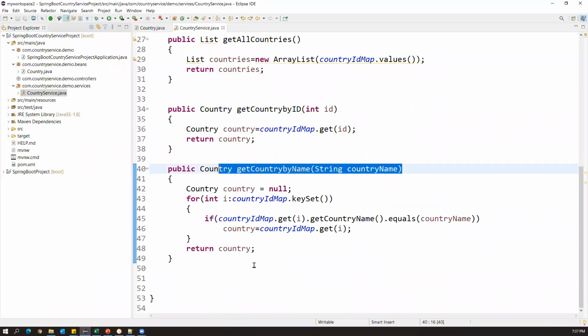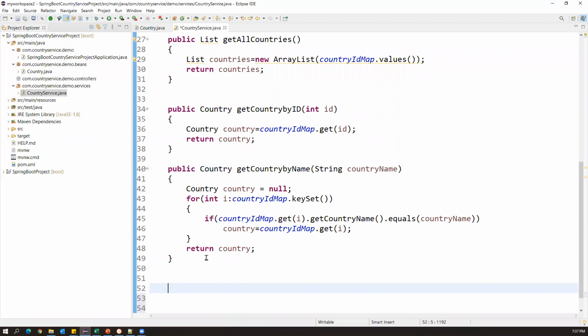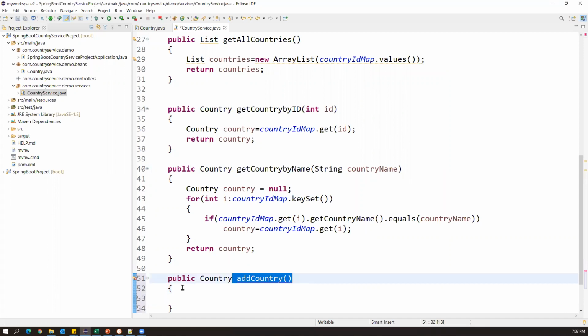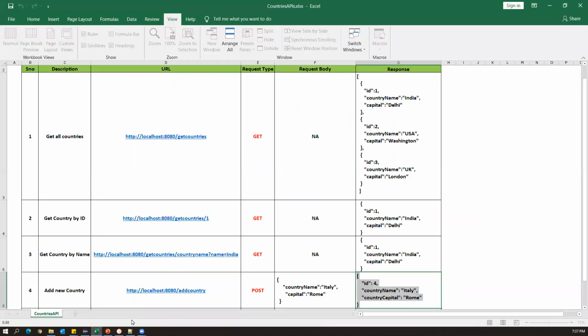Let me create one more method, add country. I'm making this public, and this will also return a country object. What is the parameter we are passing? Because it's a post request, we have to send a request body also.